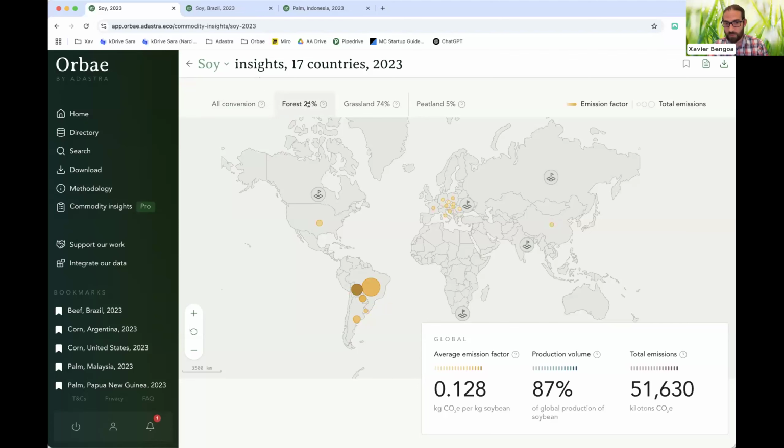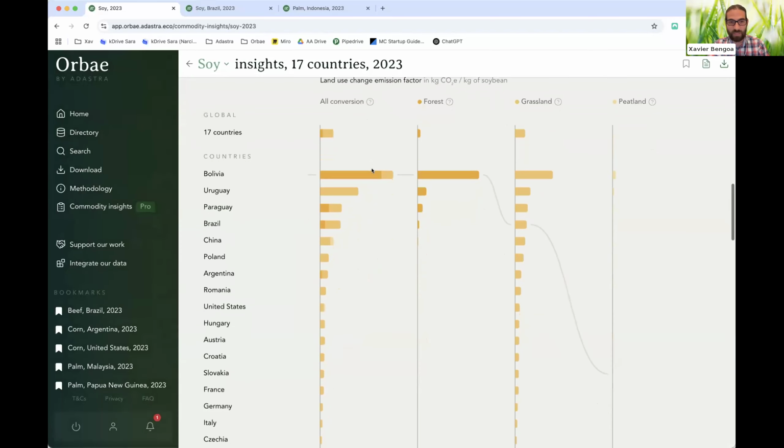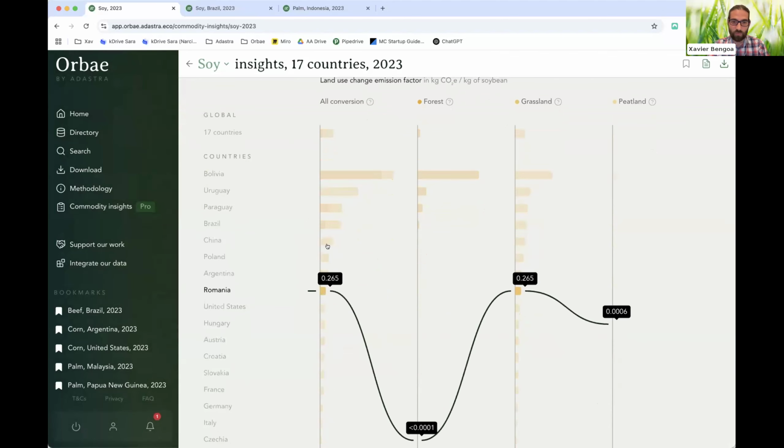Deforestation is predominant in Bolivia and in Brazil, for instance, but grassland conversion is very important in the US and even more important in Brazil and in China. So these are types of patterns that can be identified. You can have a very quick sneak peek to compare different originations and understanding the patterns of land conversion across